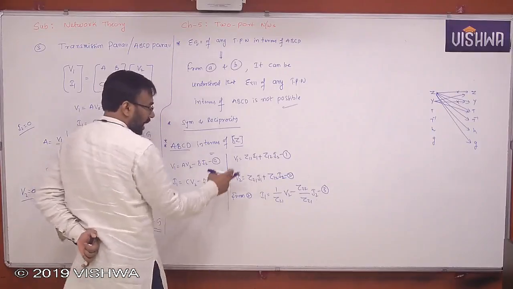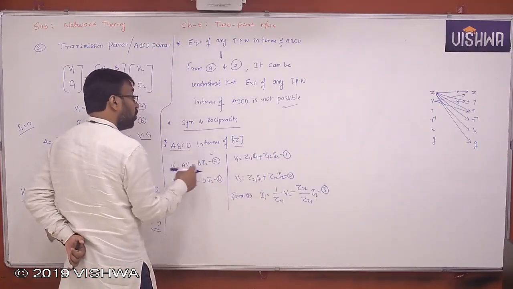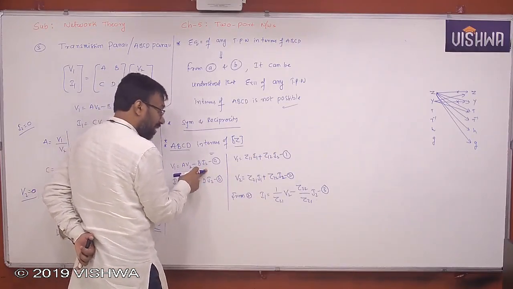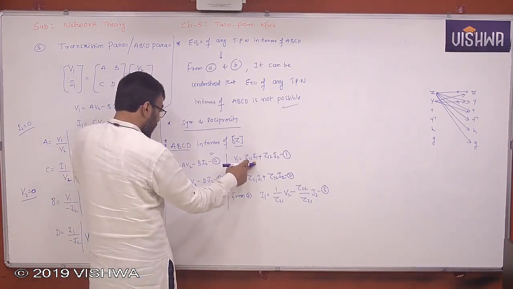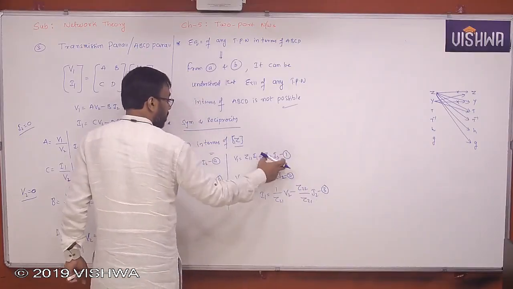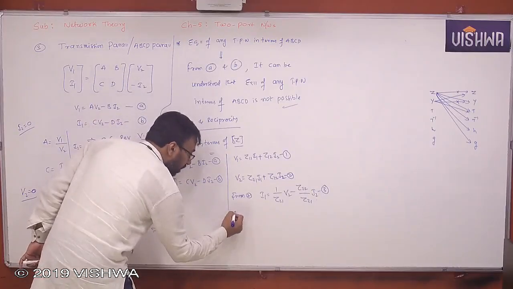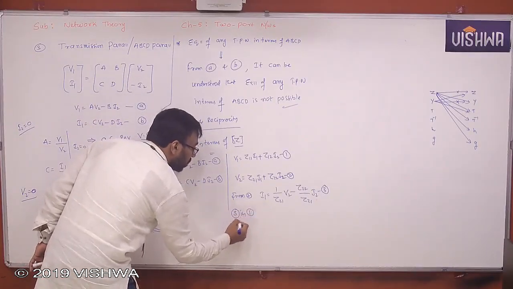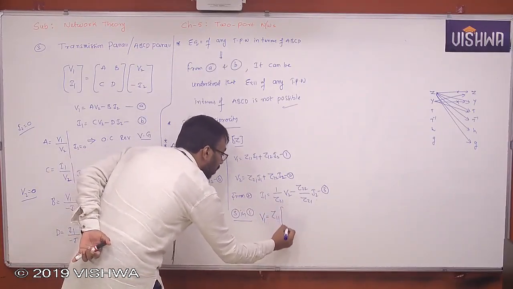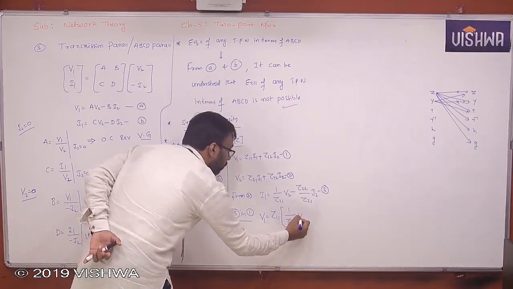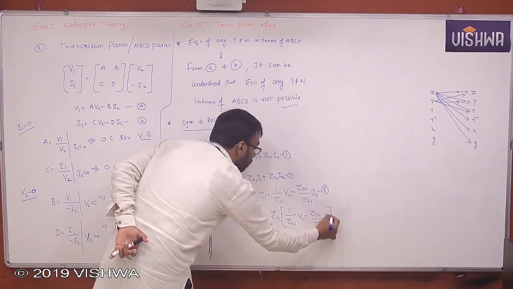Now if I look at 1 and A, I can't compare, because equation 1 has V1, I1, I2, but A has V1, V2, I2. So if I eliminate this I1 and express in terms of V2, I2, this entire equation will be in terms of what? V1, V2, I2. Then I can compare. Therefore, 3 in 1, you substitute. Then what will you get here? V1 is equal to Z11 of 1 by Z21 V2 minus Z22 by Z21 I2, okay, plus